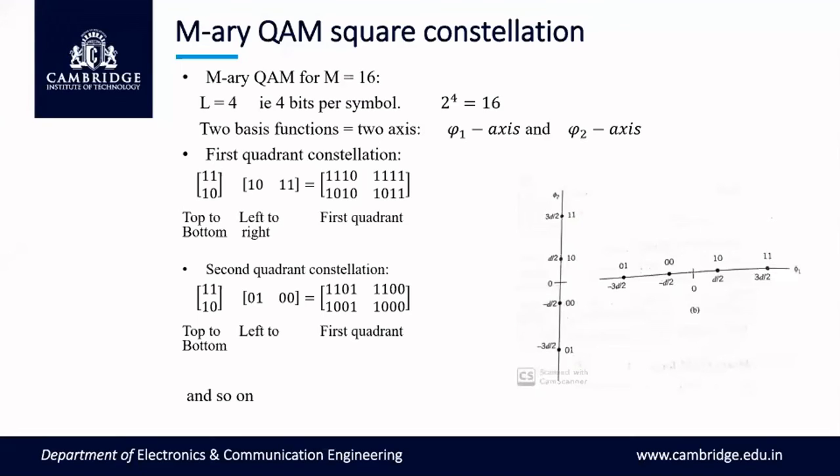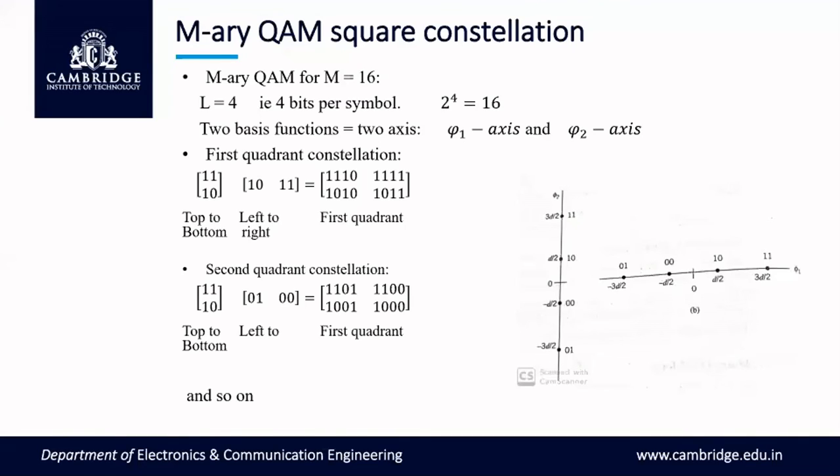For the 16 symbols of information, we need 16 different amplitudes. How to get to these 16 amplitudes? Which amplitude levels do I have to choose? For that we start with L. First find L. L is equal to root of M, root of 16, that is 4. What is L here? Number of bits per symbol. That means every symbol is represented with 4 binary bits. This comes from the equation 2 power 4 is equal to 16. So every symbol you have to write 4 bits, from 0000 to 1111, like that.